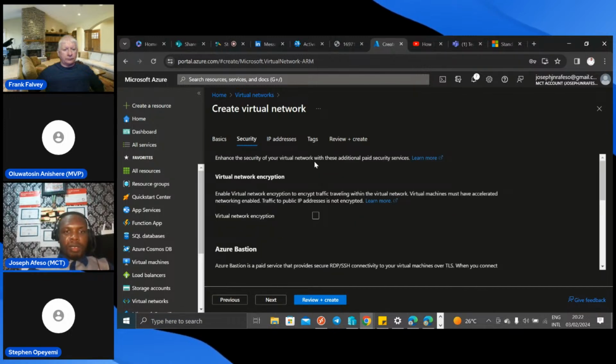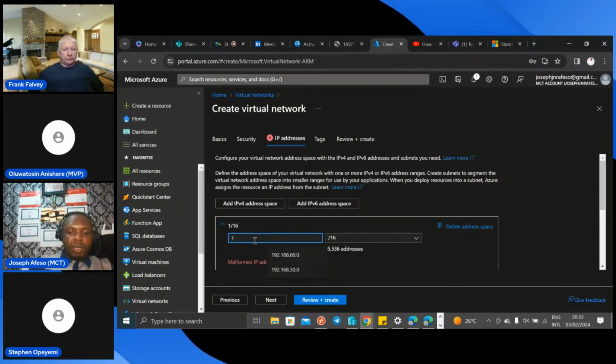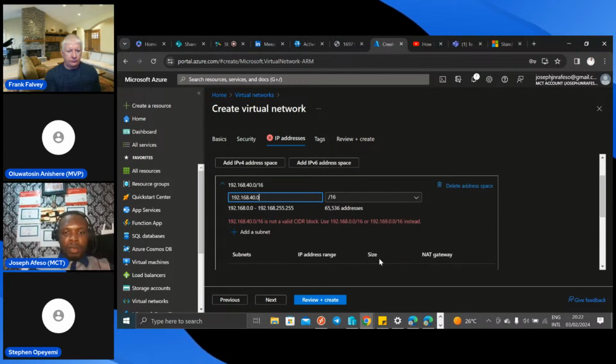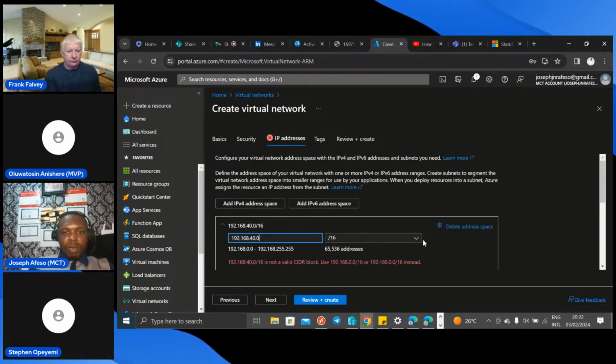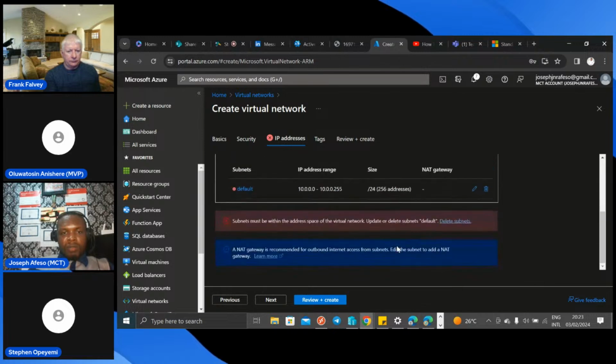Now we can come next and give it an IP address. We can give it a private IP address, 168.40.0, and we quickly come back here and put it as /24.